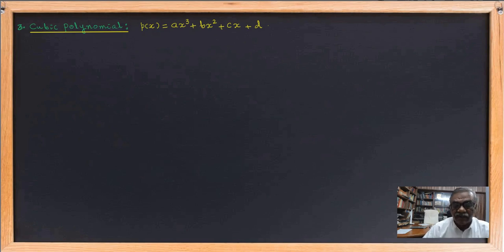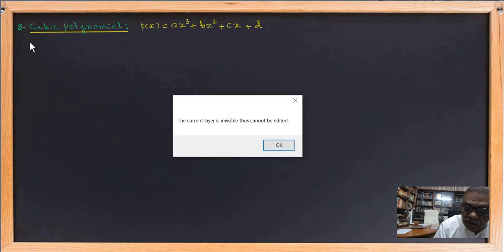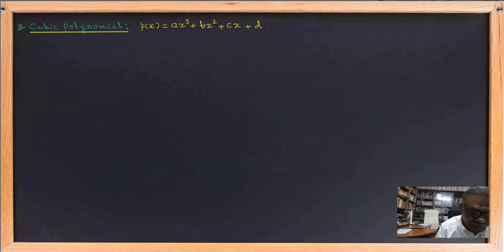As usual, as in the case of quadratic polynomial, I am going to consider p(x) if alpha, beta, gamma are zeros